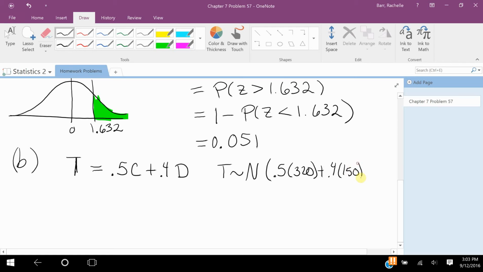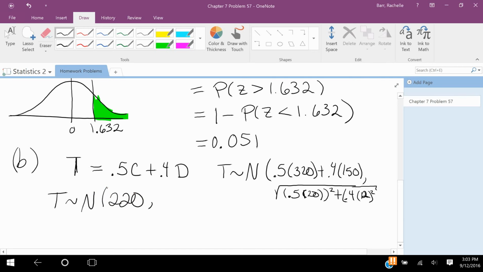And I'm not going to be able to fit the standard deviation here, it looks like. The standard deviation is going to be calculated just like how you'd expect. It's going to be the square root of (0.5 times the standard deviation of the coffee, which was 20, squared) plus (0.4 times the standard deviation of the donuts, which was 12, squared). So when you do that all out, T is normally distributed with a mean of $220 and a standard deviation of